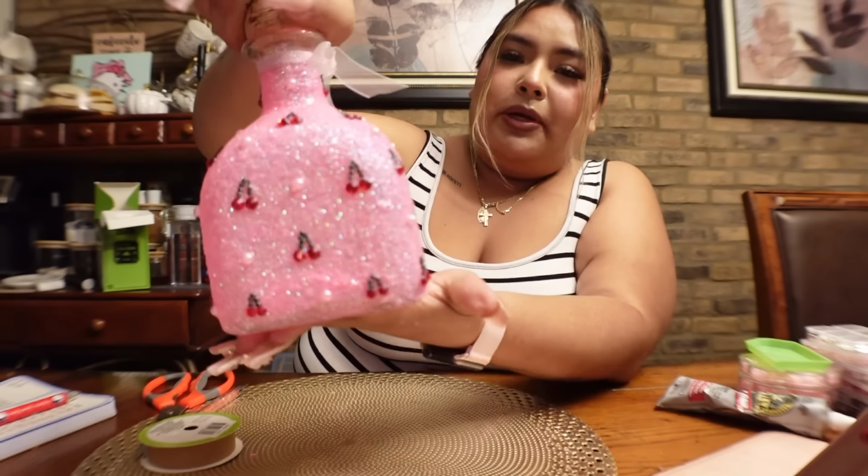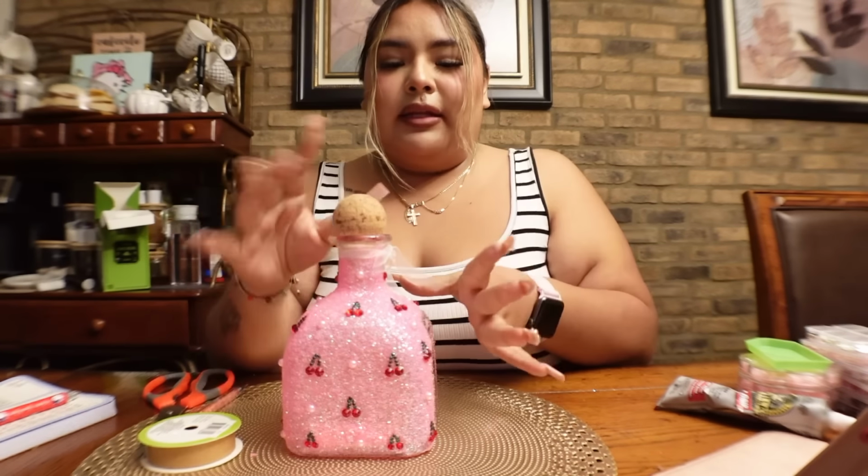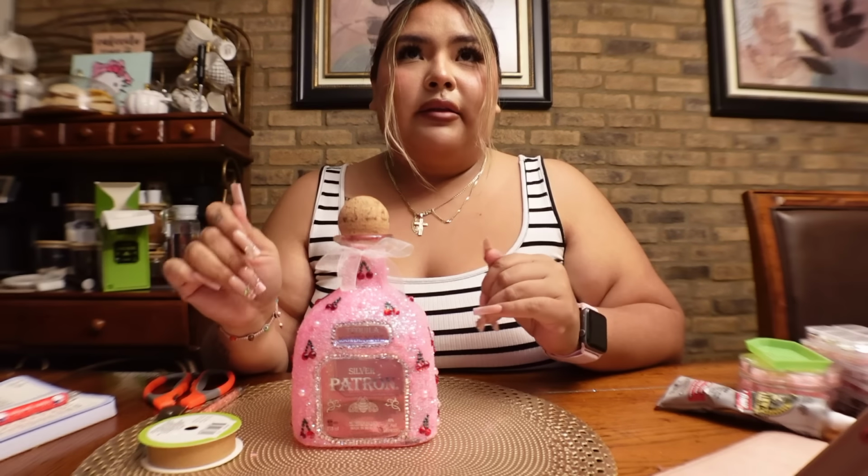They look super cute. But like I said, this was the third bottle, so she's completely done now. And I think that's all we're gonna do for today. Pretty sure next week I am gonna go to the store again and get the last things I need